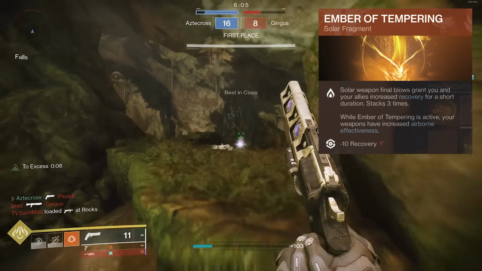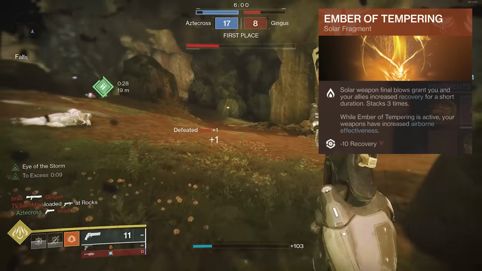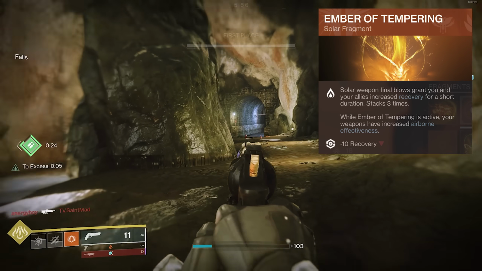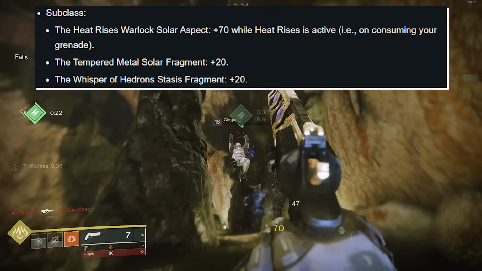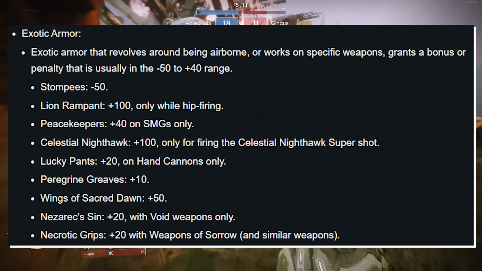Solar weapon final blows grant you and your allies increased recovery for a short duration, stacked up to 3 times, and while Ember of Tempering is active, your weapons have increased airborne effectiveness by only plus 20. Whisper of Hedron, stasis fragment, plus 20. And then of course, a number of exotic armor pieces that offer both benefits